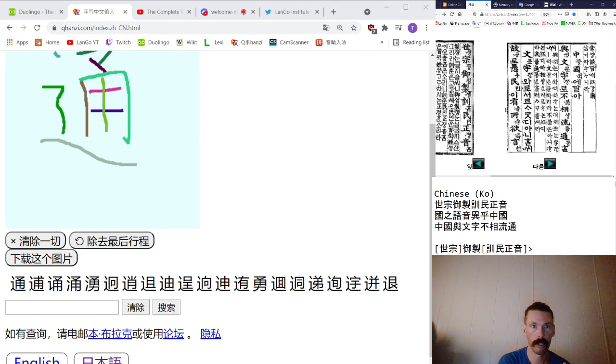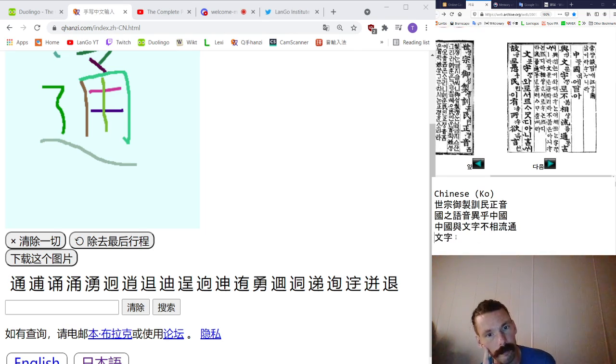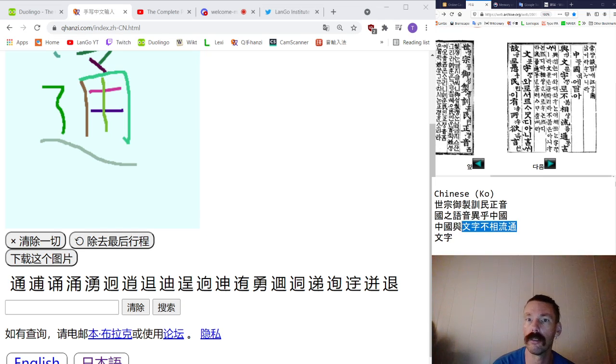We skip a couple lines. Oh yeah, we've seen it. It's repeated. 文字. I can just copy it. And what comes after 文字? This could be a new sentence, I suppose. It's hard. From the way the page is laid out, let's take this as a new sentence. 中国语文字不相 Are we in the next column then? Or is there any more in this column?